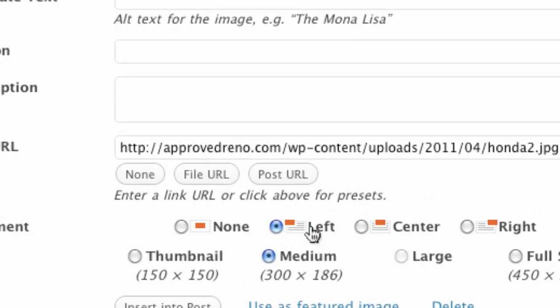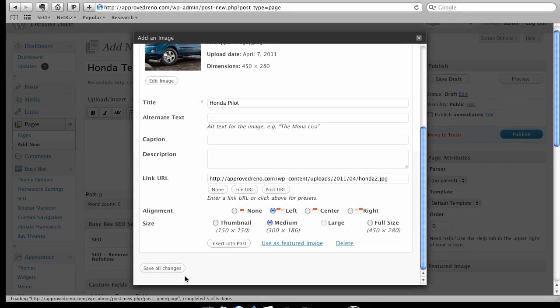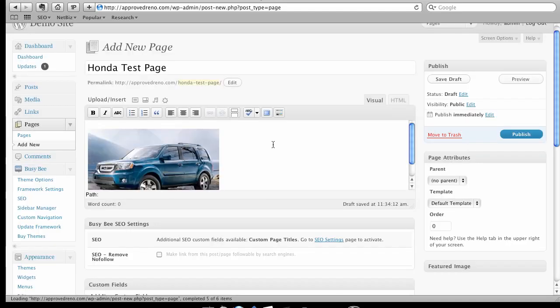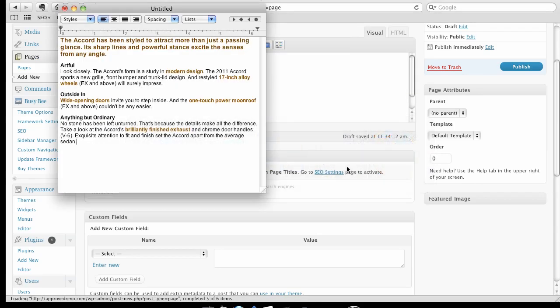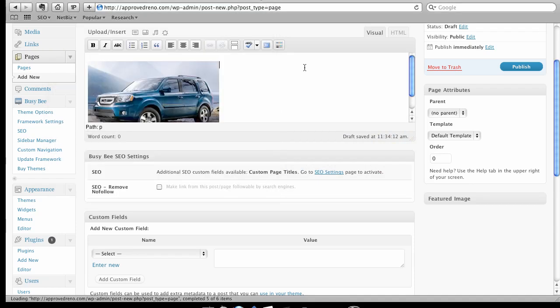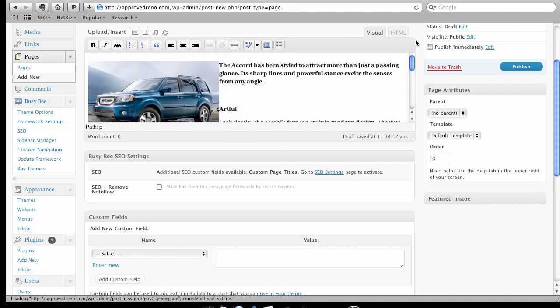If you'll notice the little graphic here, it actually shows you the red piece where the graphic will lie, or where your image will lie, and then the text that will wrap around it. And that's kind of how I want to set this particular one up. So I'm going to insert into post, and now I've got my image. I've also downloaded or just copied some content off of a page, and this is actually about the Accord, but you'll get the idea. I can paste my content in here, okay,